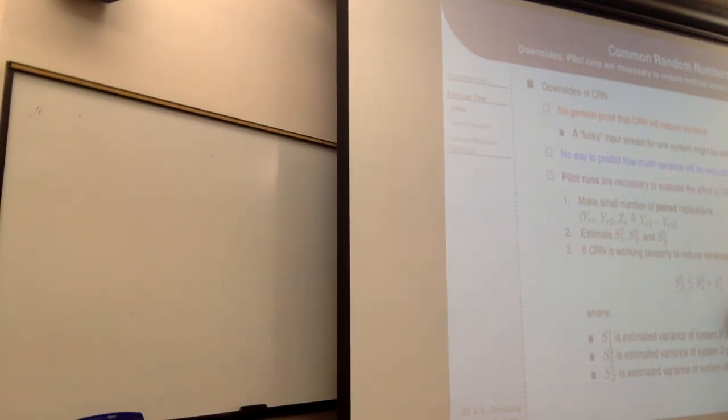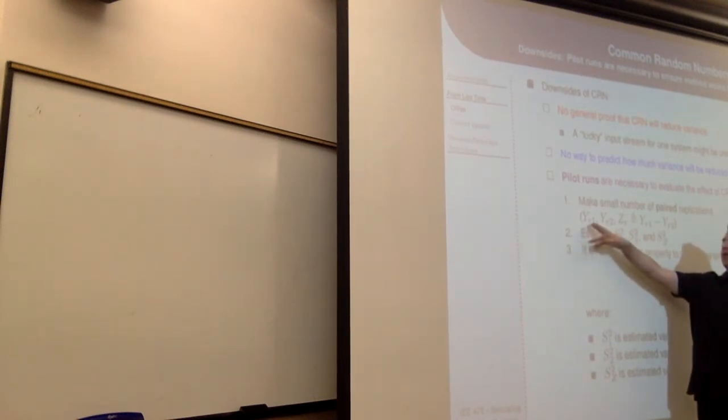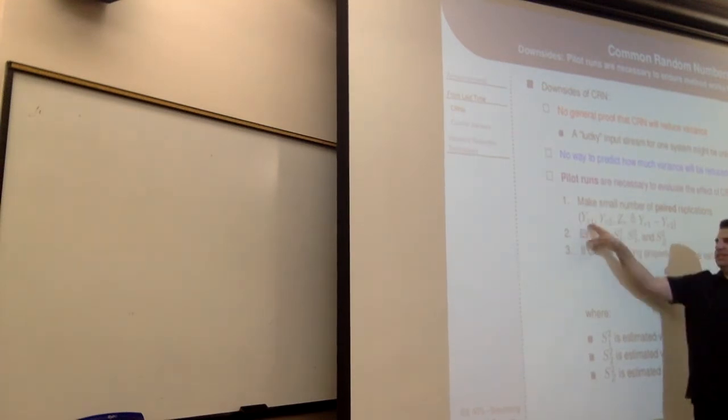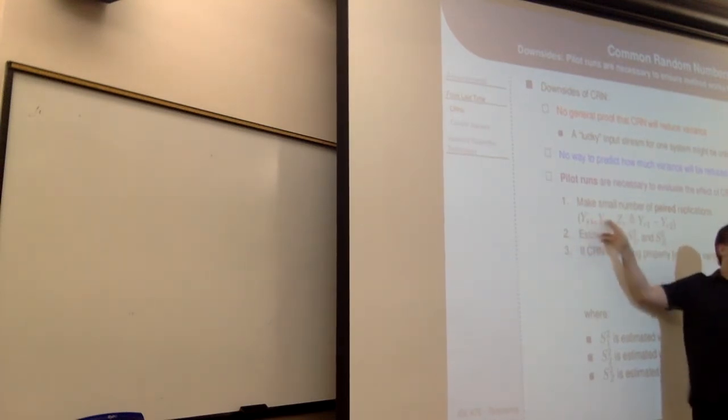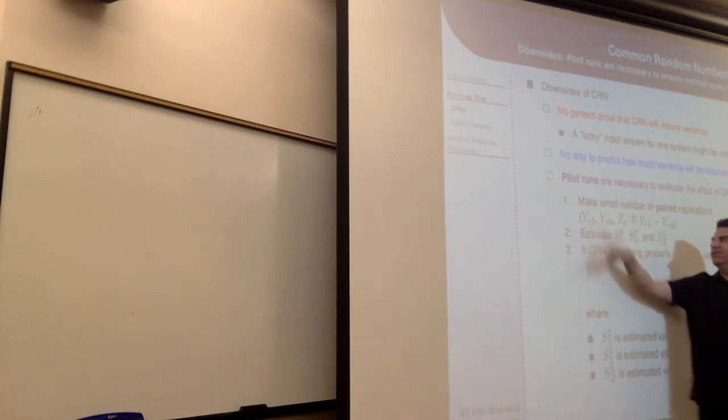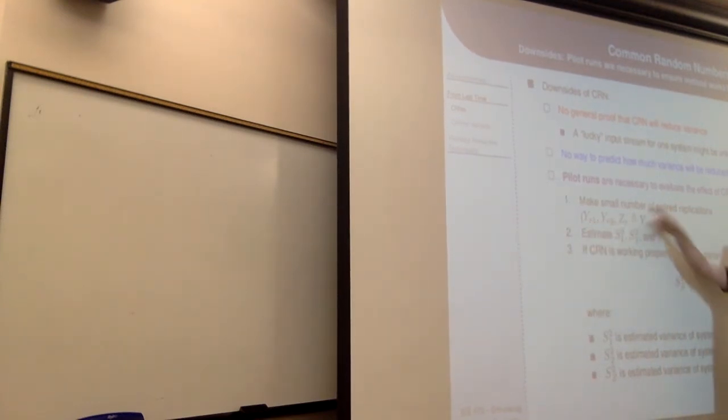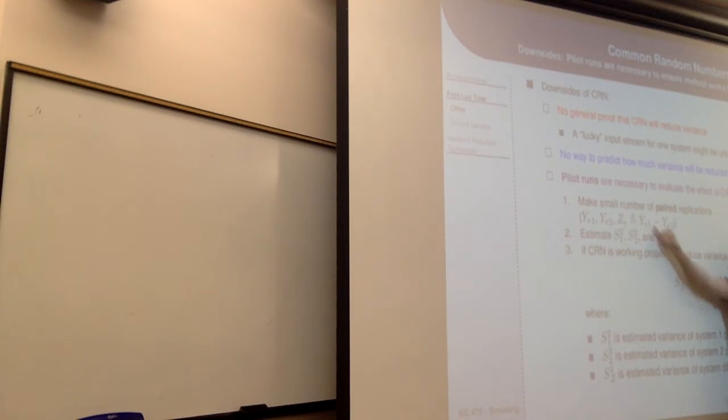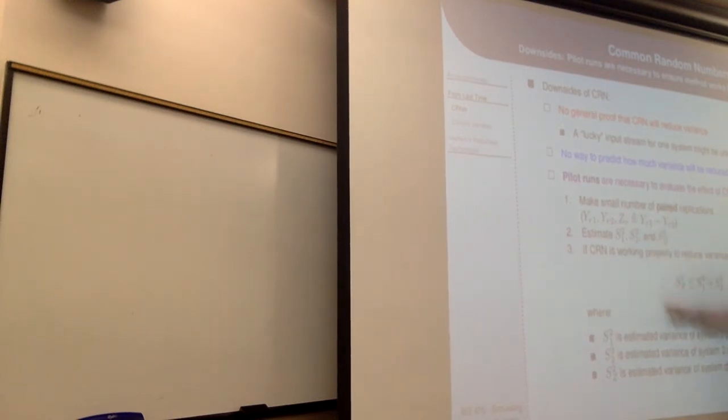So if you ever want to use common random numbers, it's important to run a little pilot study where you run your simulation without the common random numbers. You run your simulation pretending these are independent replications, analyze the variance of the two, and then take their difference and look at the variance of that difference. If you compare the two variances added together to the variance of the difference, that will tell you if common random numbers will actually work. If you end up getting a decrease in variance, you should continue on with common random numbers.